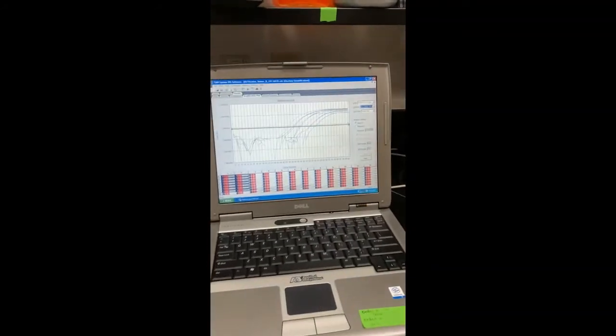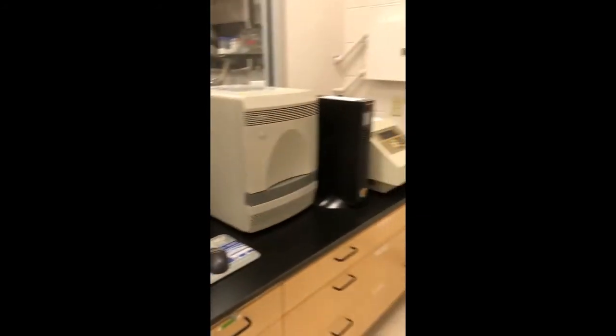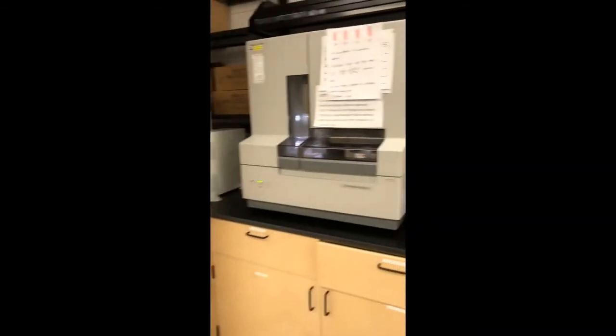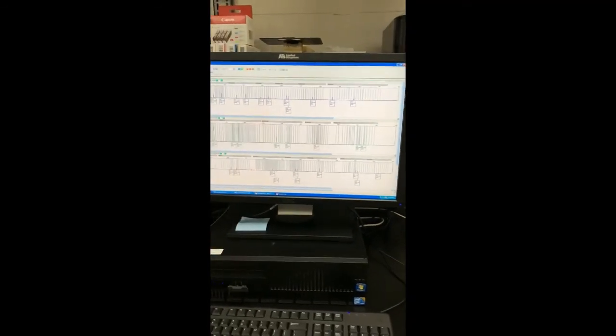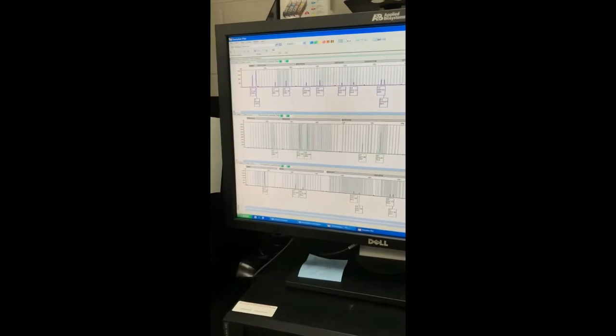Over here we have a lot of different instruments, including instruments that Chastin uses for her high-resolution melt curve analysis. Here is another instrument that we use to determine the amount of DNA within our samples. And finally, our genetic analyzer, which after we've made multiple copies of the DNA and tagged certain loci or